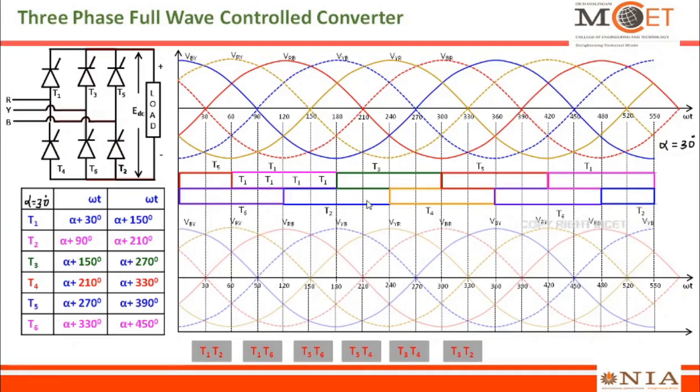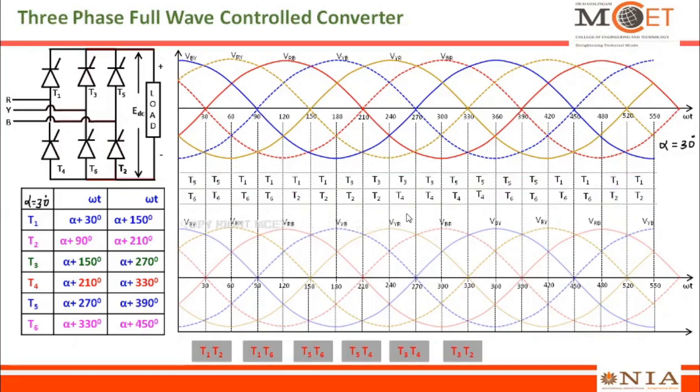Similarly T2 for all these 4, and for all the remaining boxes I filled it and removed all these firing pulse boxes. So now you can see that at every 30 degrees, the thyristor which is in on condition is indicated. Now if you look from 0 to 60 degrees, T5 and T6 are in on condition. So let me see what is happening with T5 and T6. Once I press this, you can see that T5 and T6 are in on condition.